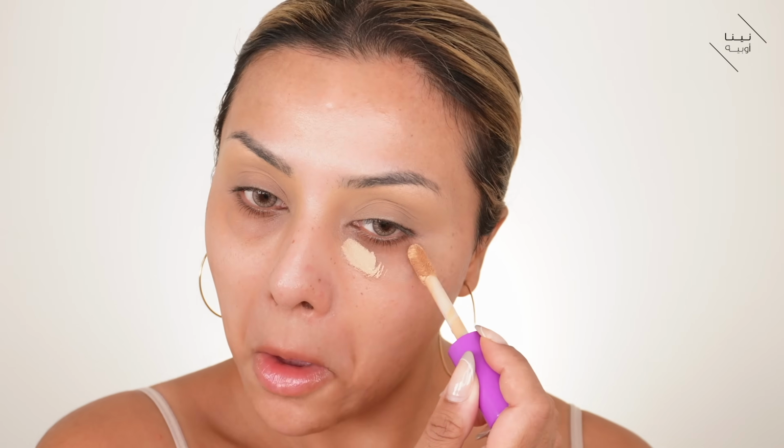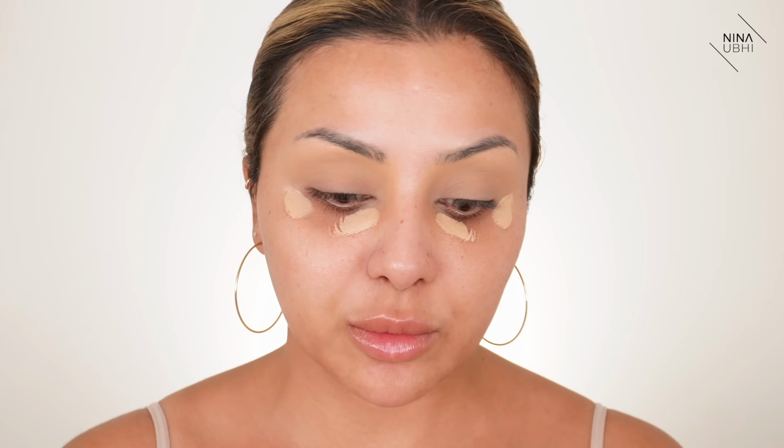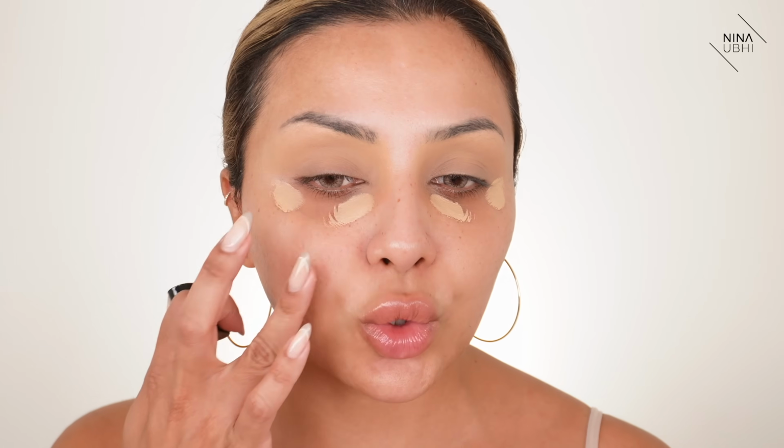Eyelids are done. I'm gonna now add some coverage to my under eyes. So same thing. Just gonna add a bit here. Now, I am going to use some primer, but what I'm going to do is let this sit for a second, because you may know that I've said in other videos that if you let your concealer sit there for just a little bit, it doesn't work with all concealers, but it does definitely work with the Tarte Shape Tape,